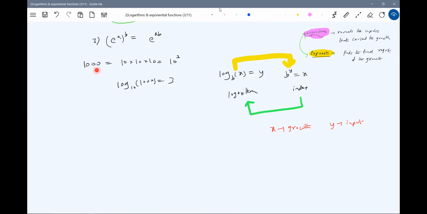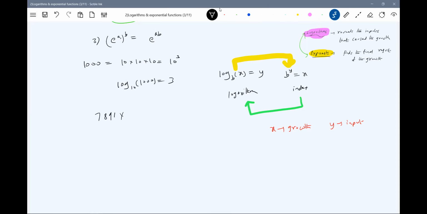In this particular 1000, the multiples of 10, the factor 10 is repeated 3 times. Like this, we are able to express this particular thing. Okay, now after this, why do we have to study this? Suppose let me ask a primary question like